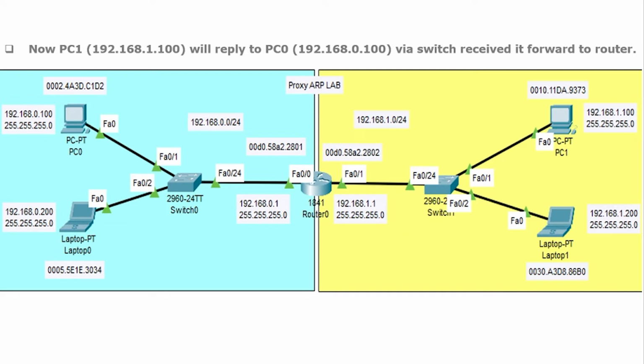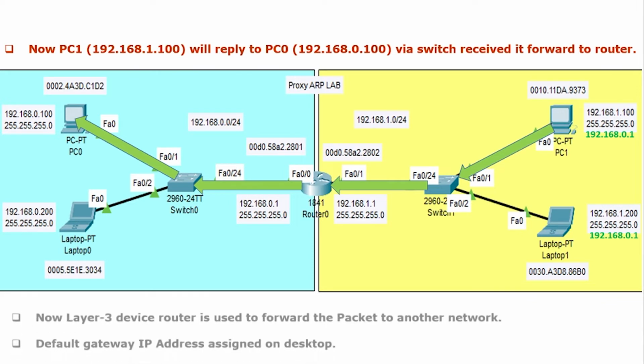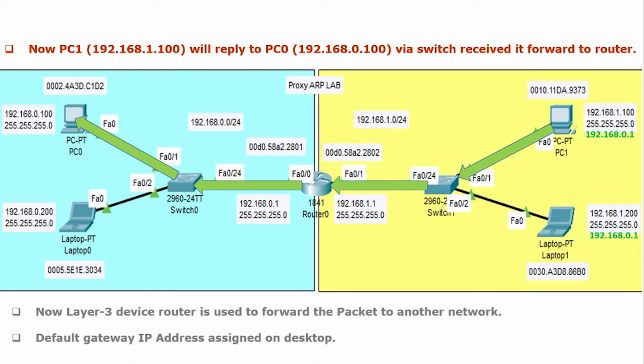It forwards to the router. Now again it will reply to the same by using its own default gateway IP address. The layer 3 device is used to forward the packets from one network to another network.